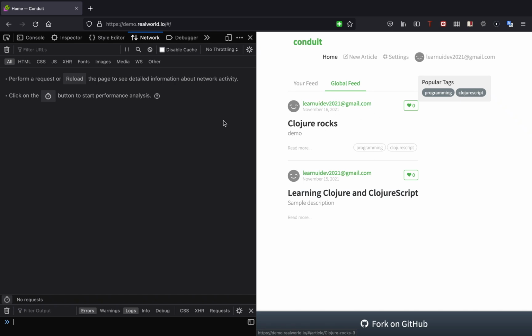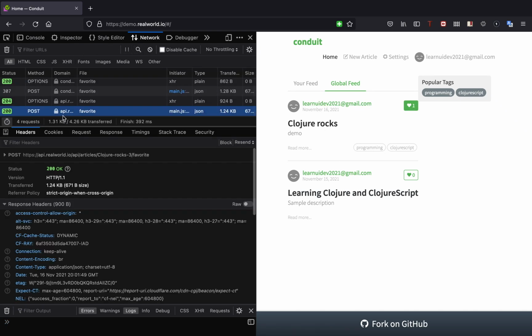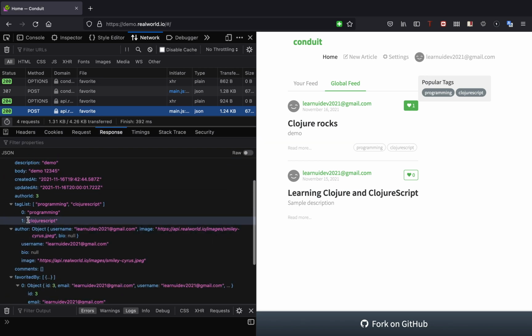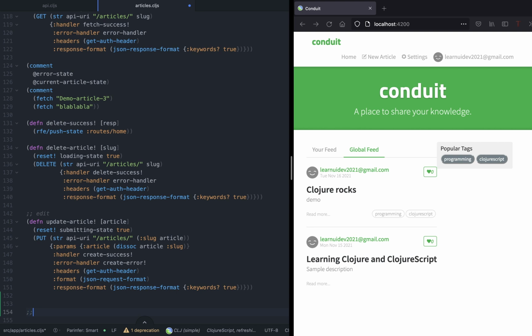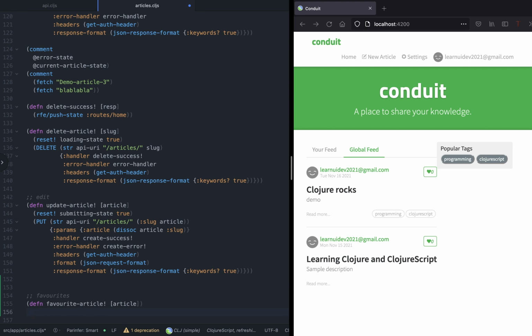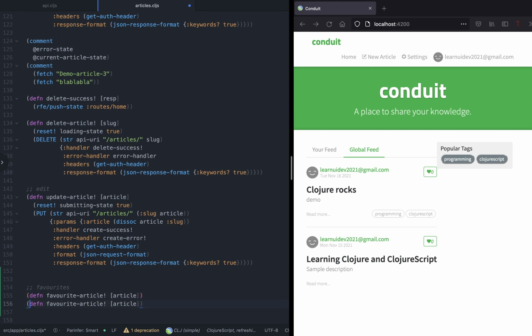So in this video, we will implement the like and unlike feature in Conduit. When we like the article, the like count increases by 1, and if you unlike, the count decreases by 1. So let's write the first function, the favorite article function, that takes an article and makes a post request,